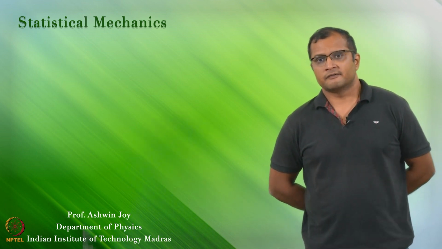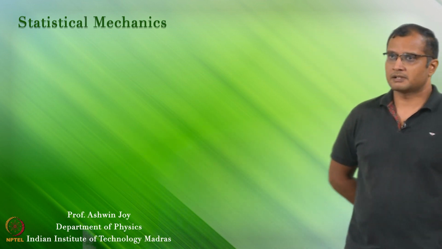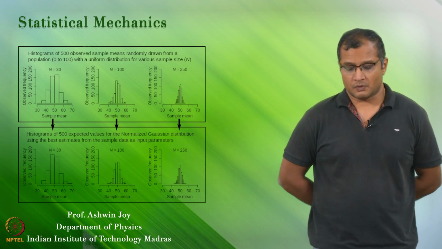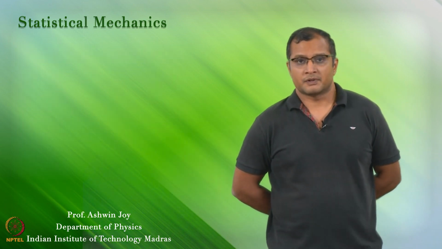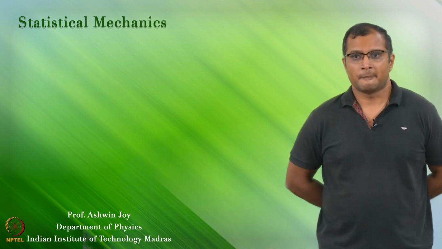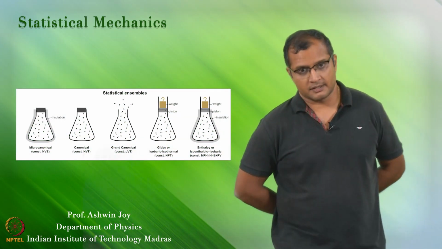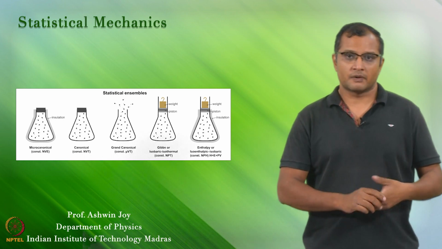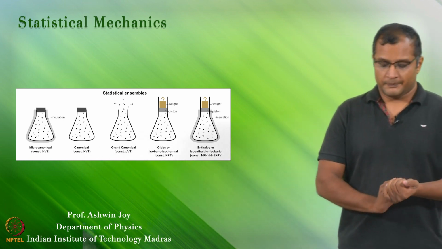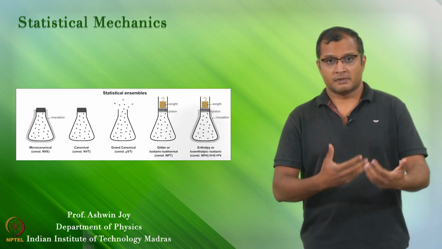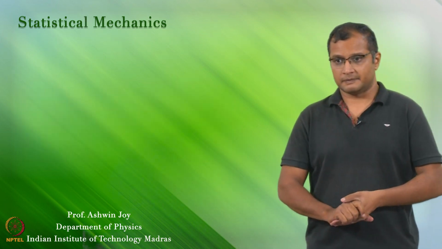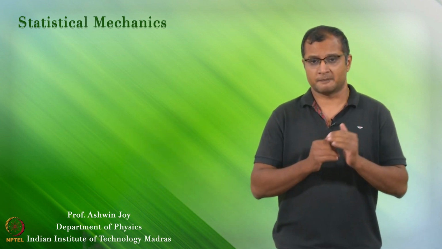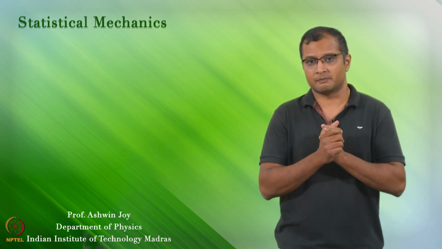And after this we will discuss some very important concepts in statistical mechanics, namely the central limit theorem, maximum entropy principle, and so on. After this I will discuss the postulates of statistical mechanics, which is basically the well known ensembles around which we live, such as the microcanonical ensemble, the canonical ensemble, the Gibbs ensemble, grand canonical ensemble. All these ensembles are used in laboratories, experiments, and in numerical simulations of matter, and they are very important. So, we will spend a great deal of time understanding these ensembles from